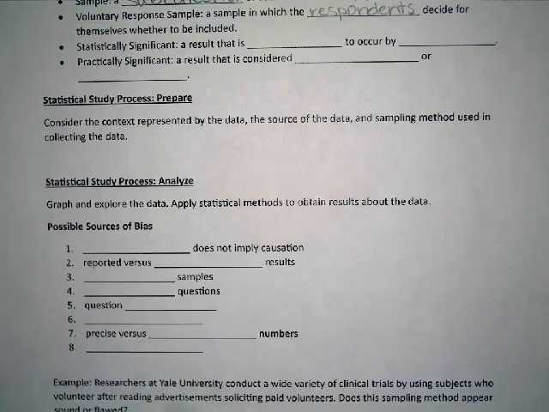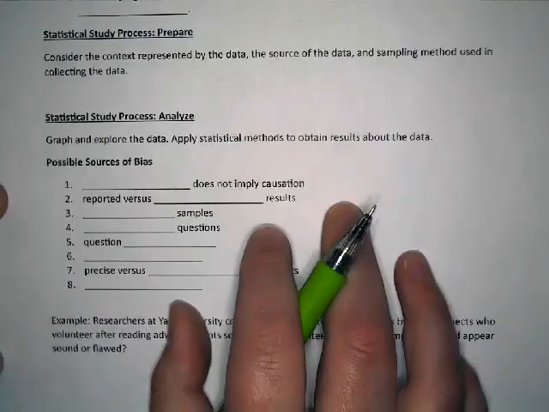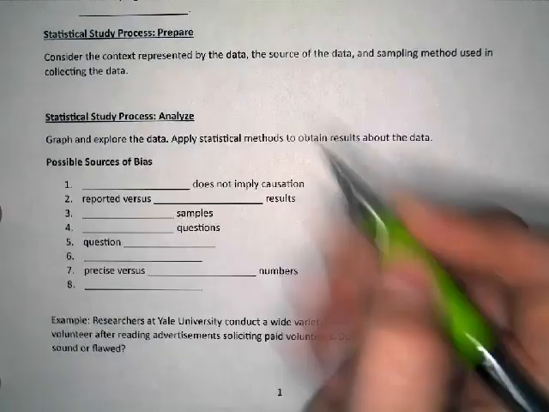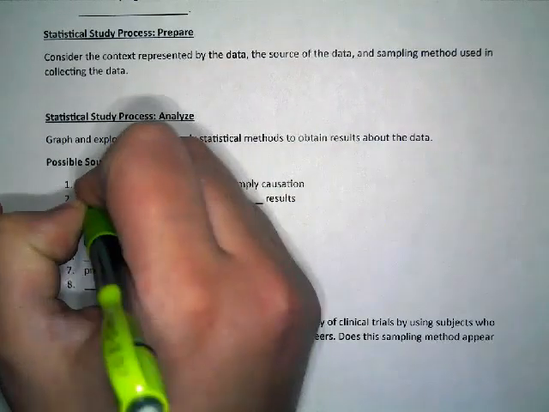So there are 8 that are listed in the textbook. There could be more. This is not an exhaustive list, but it's a good place to start when you're considering whether or not a statistical study has bias. So the first is that correlation